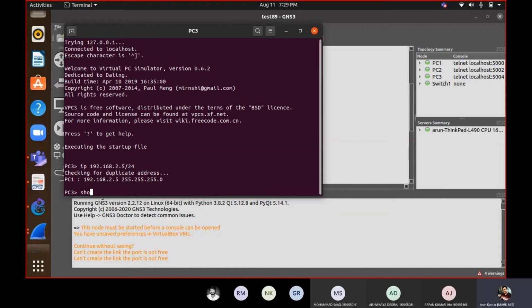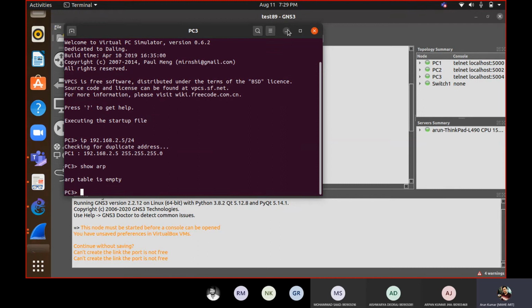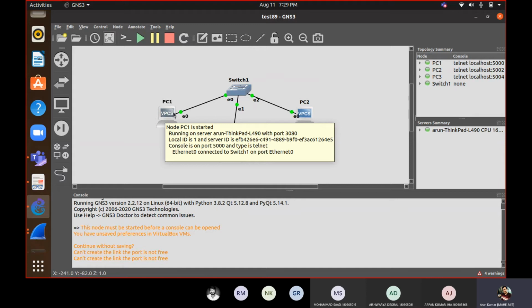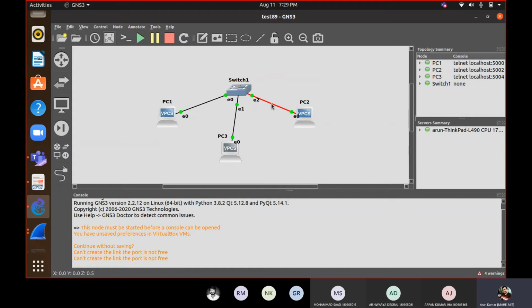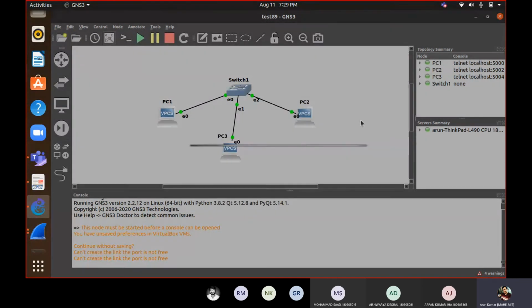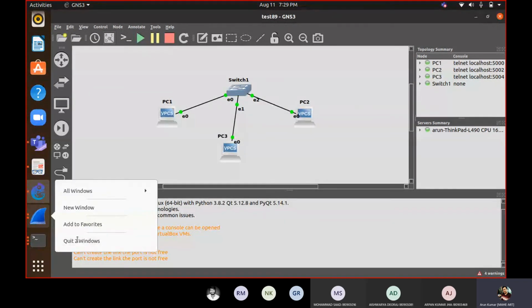We will check whether there is any ARP. There is no ARP. Okay. Once again, we will communicate from PC3 to PC1, and we will capture packets on this link again, and then we will see the difference. Before that, I am deleting these two.